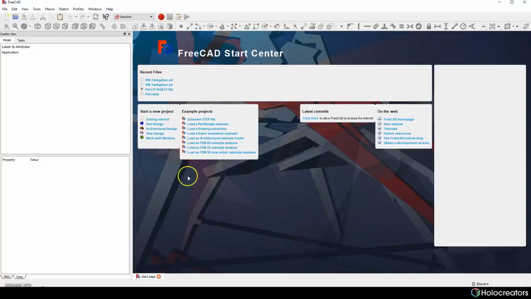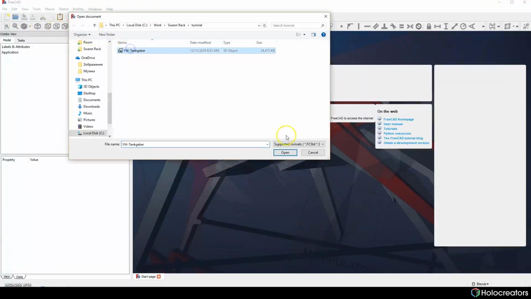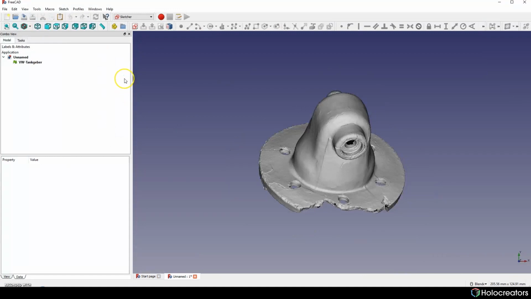Thank you very much. I'm recording a video tutorial for reverse engineering in FreeCAD software tool. First we have to import our model, and we have to do a correct placement in the space for this model. To make things easier, I decided to create a sketch where I will put an outer diameter circle with the measurement of the outer diameter of this flange.